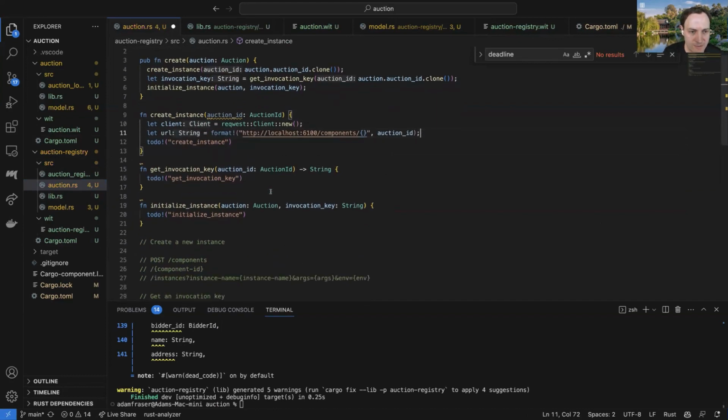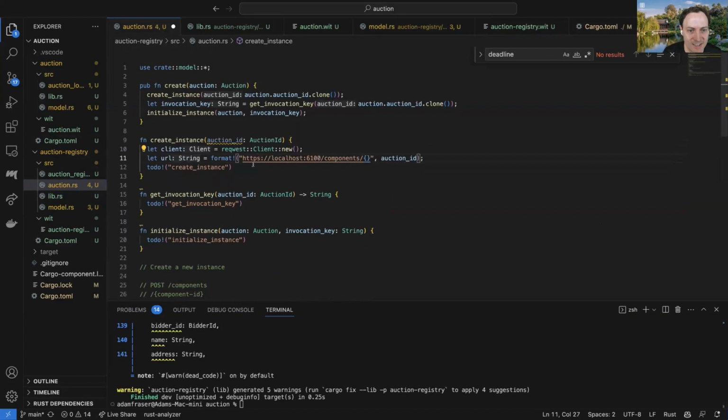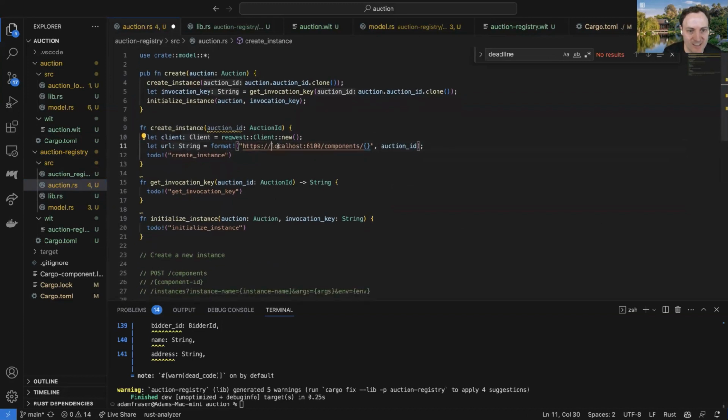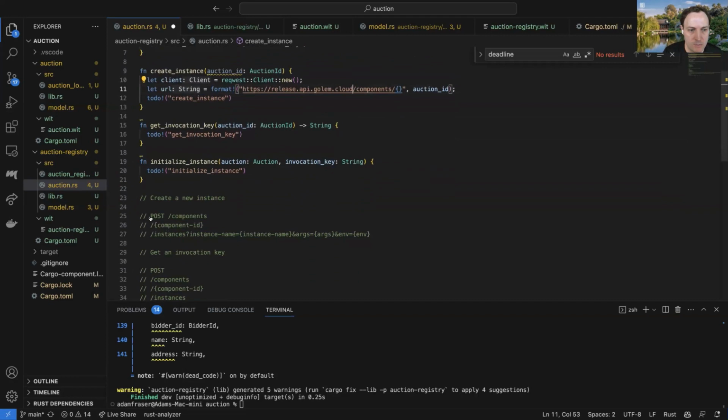That's not the right URL, but that's fine as a starting point. So the base here I want is release.api.golem.cloud. And then we'll just do, let's say the first one here. So it's components, and then the first one, and then instances,